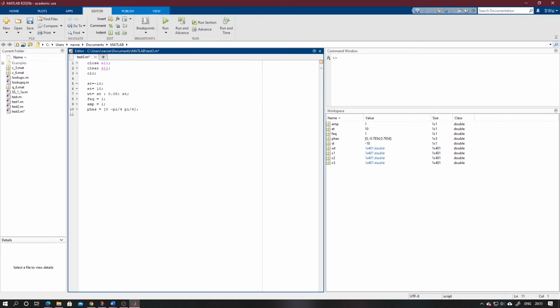Now we have to define the signal for each phase.